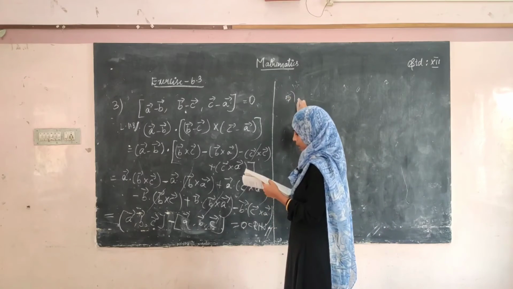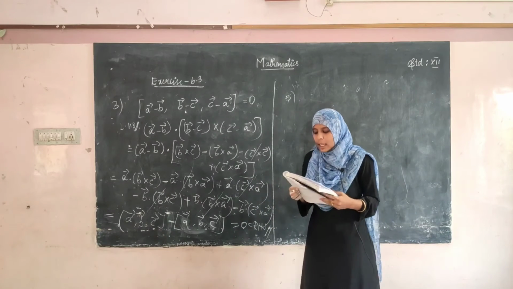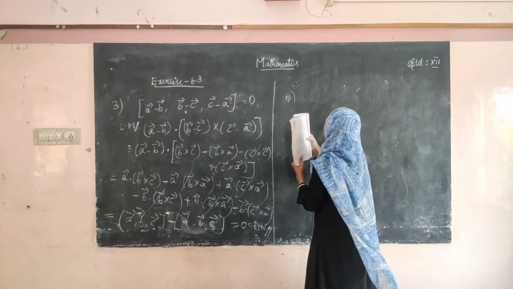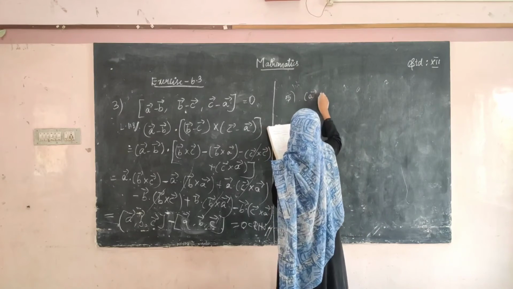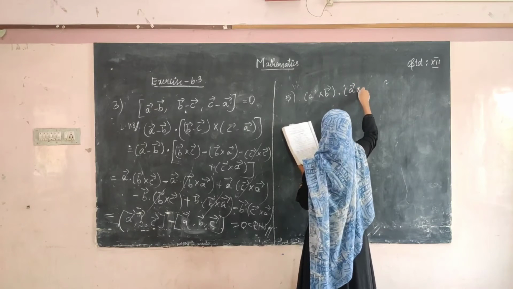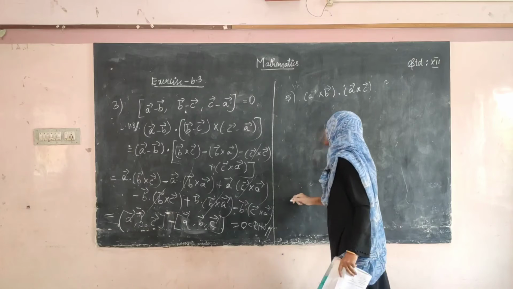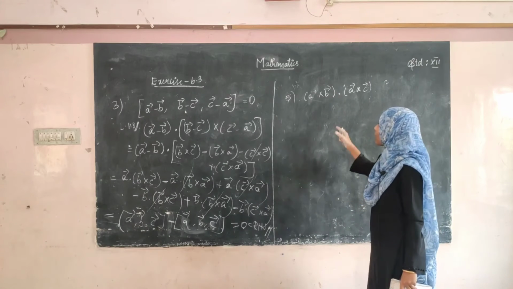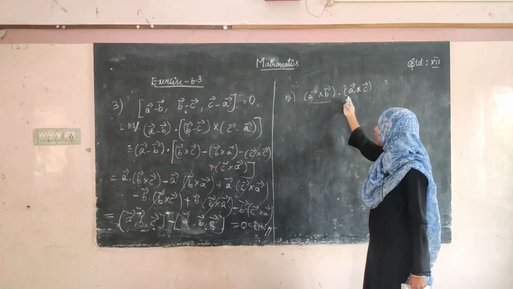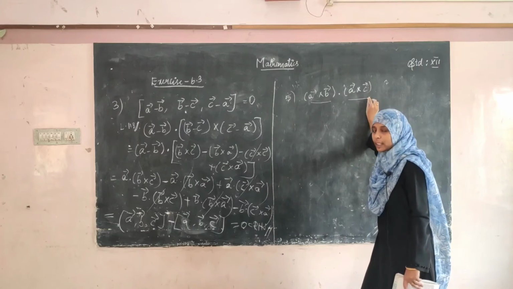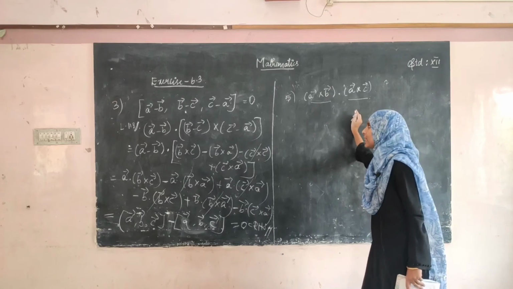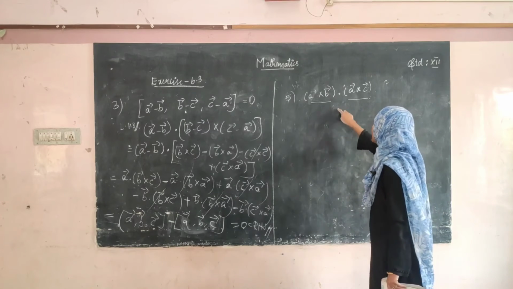Okay, it's the fifth sum. See here, they have given 3 vectors and you have to find the value of A vector cross B vector dot A vector cross C vector. So how can you do that? There is a method. First you can compute A vector cross B vector using the determinant method, then you can compute A vector cross C vector using the determinant method, and you can dot product the two vectors. This is one method, and another method is there is a formula.